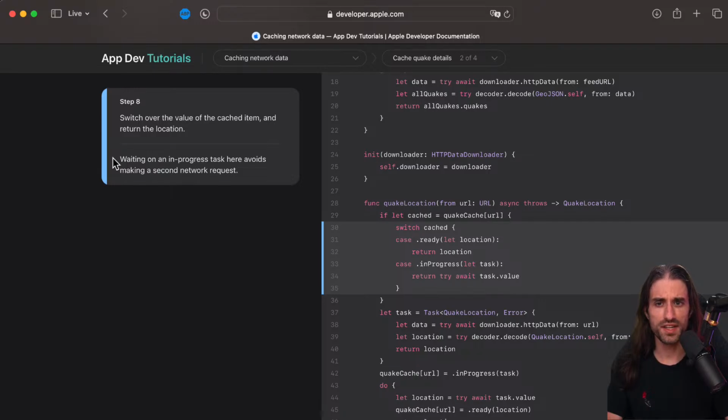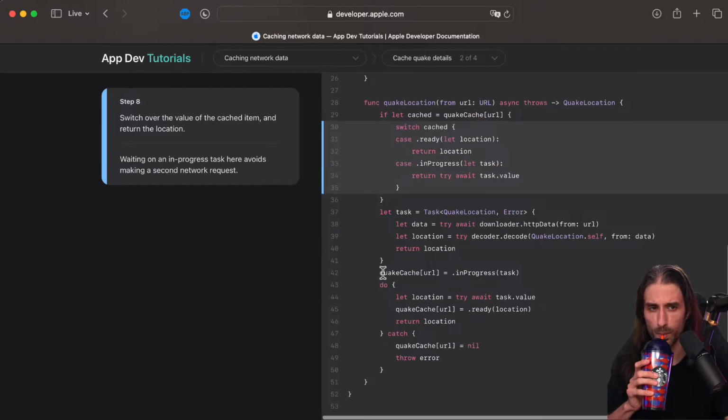And so they say here, waiting on an in-progress task here avoids making a second network request. So that's really the part that makes everything work as we want it to.